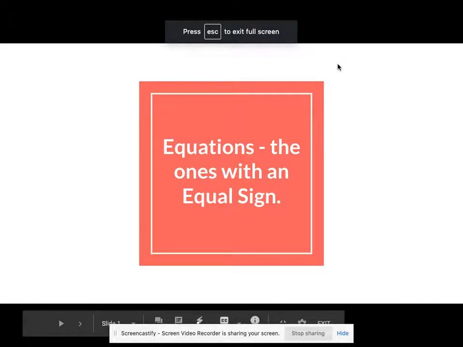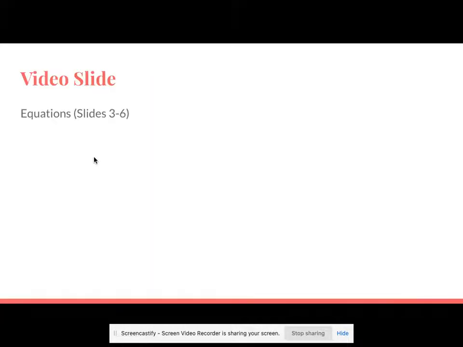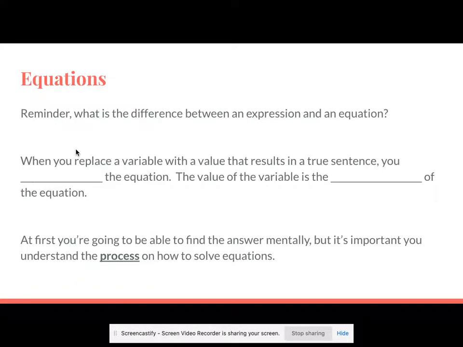All right, so equations is the new chapter, chapter 8, I believe we are in. So equations, the one with an equal sign. So remember, what is the difference between an expression and an equation? An equation has that equal sign, where an expression does not. When you replace a variable with a value that results in a true sentence, you solve the equation. The value of the variable is the solution